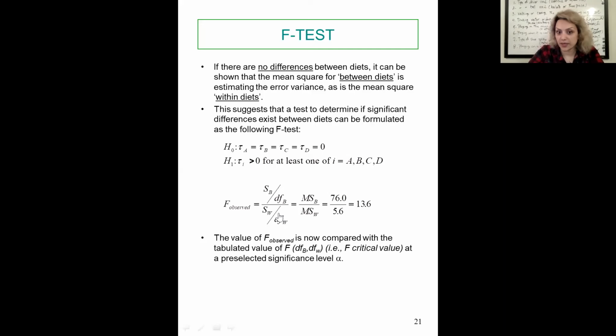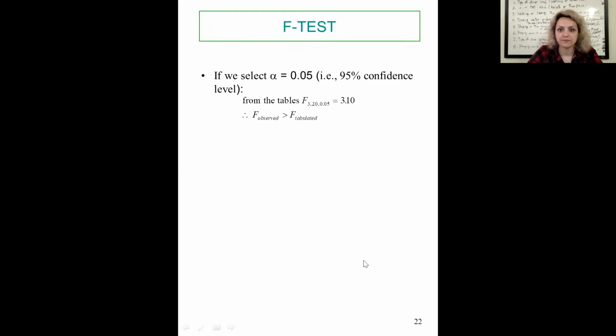So you know what's the denominator and what's the numerator here. So we would say F for the degrees of freedom of the between treatments and the degrees of freedom of the within treatments. And then we can read the F critical value, and let's say the alpha is 5% for this. If we select alpha 5%, for between treatments, we had 4 treatments, right? So the degree of freedom for this is 3. And for the within treatments, the degree of freedom for the residual was